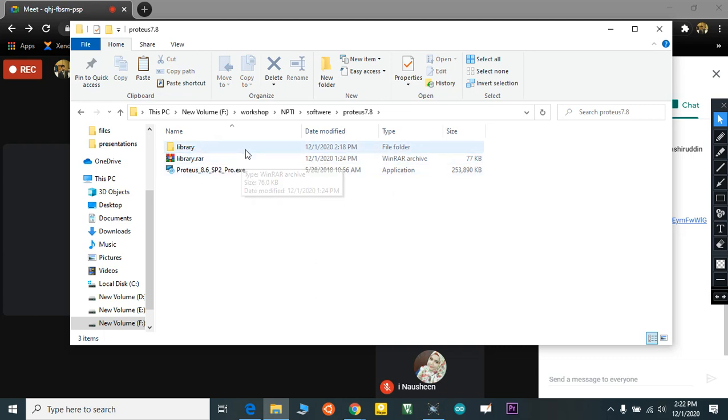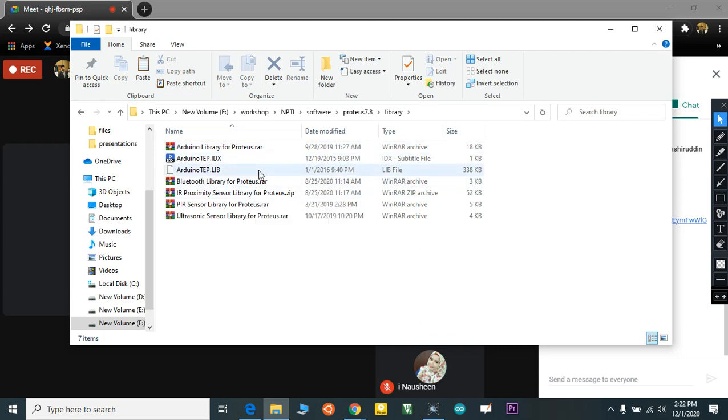You need to extract it. Once extracted, you can see three or four library files. We are going to use all of these in our upcoming sessions. One is the IR proximity sensor module, the PIR sensor module, the ultrasonic sensor module. All these things we are going to use.